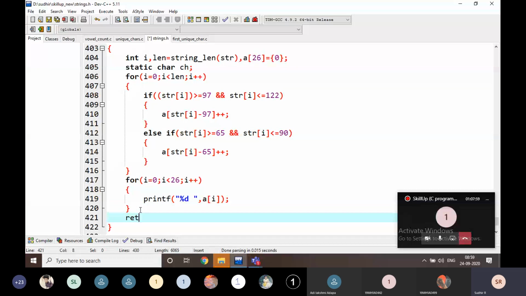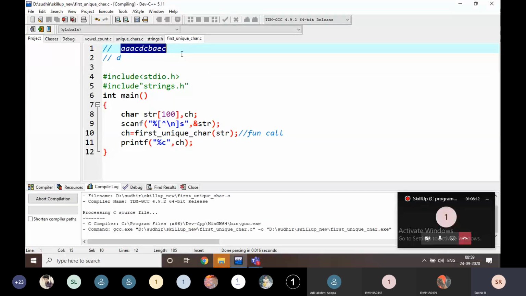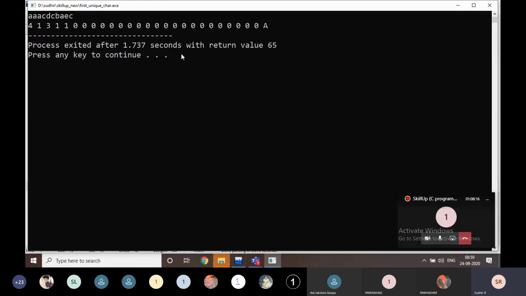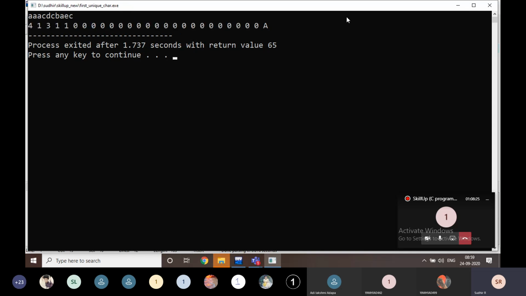I am going to return something very simply, and here I am giving the input like this. If I execute it, this is the input. Just look at here. This is the input here. This is the output. Based on this one, I'm going to copy this.